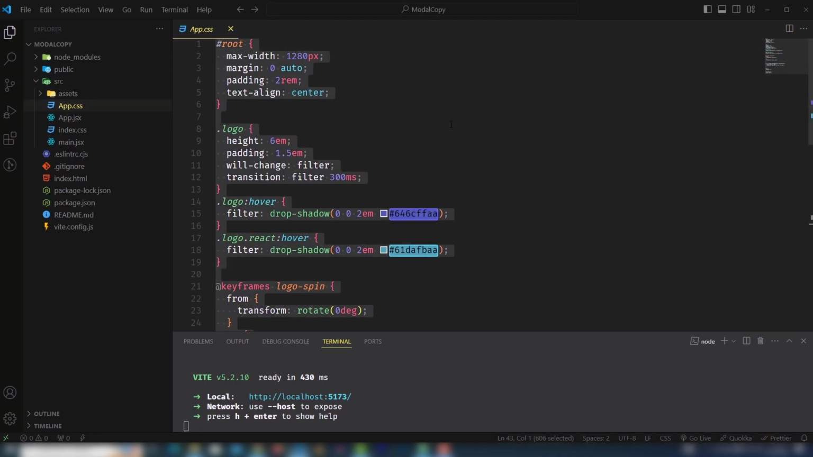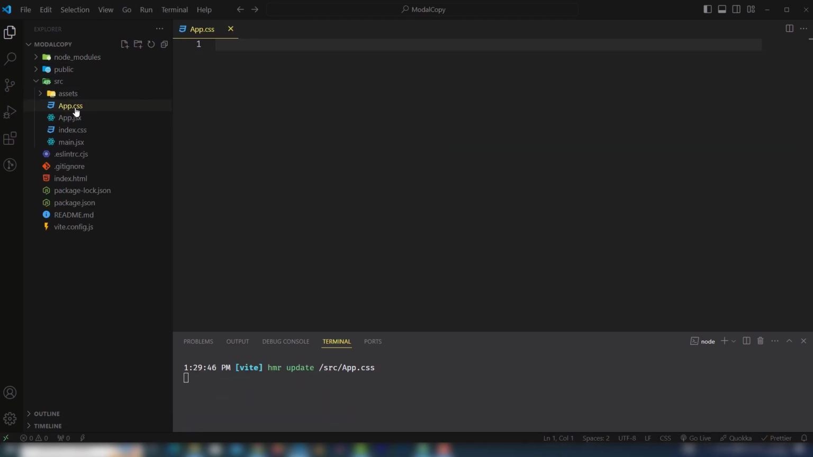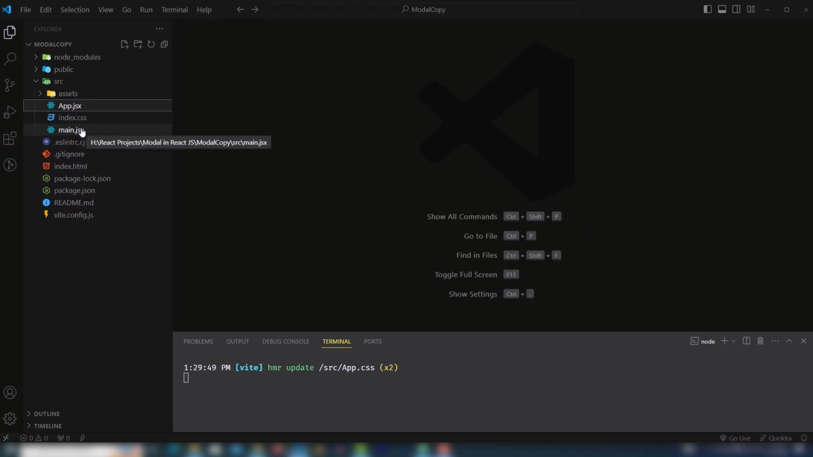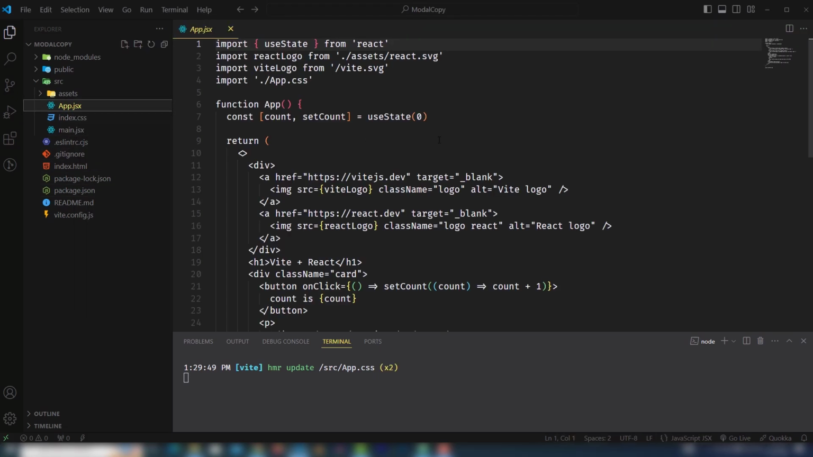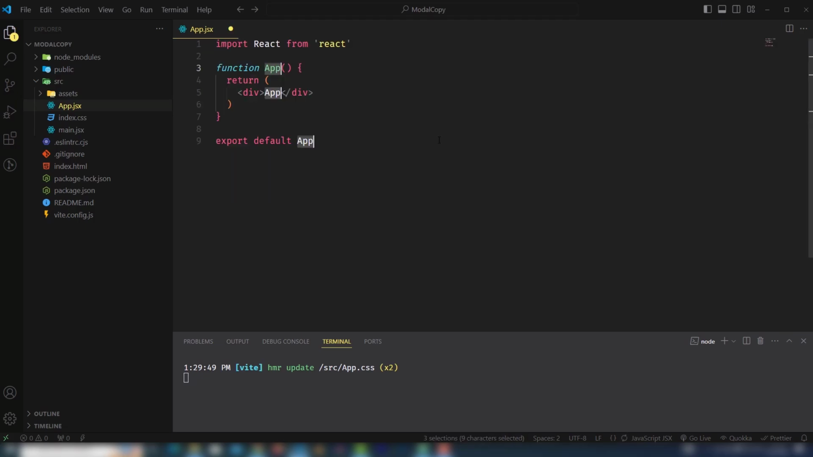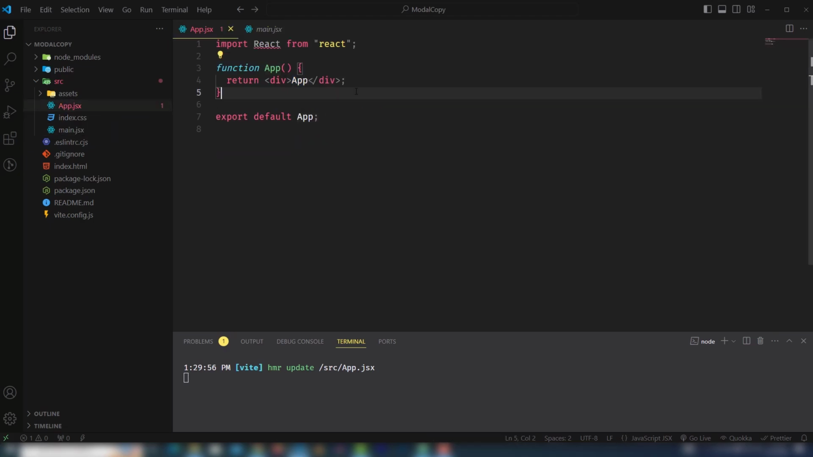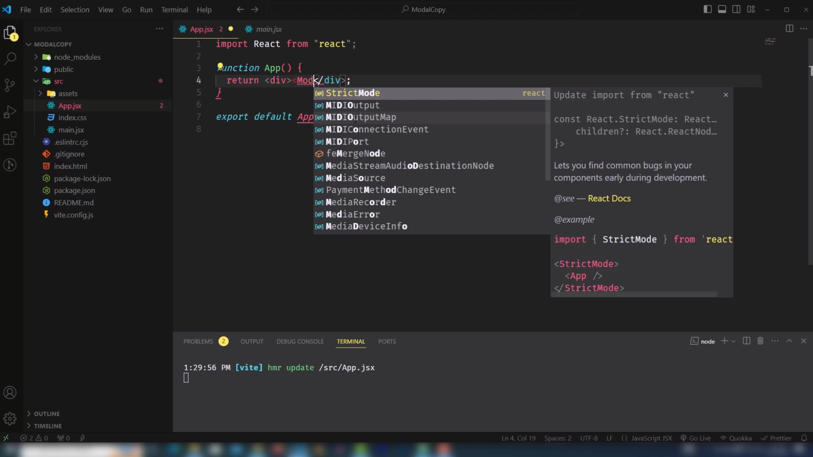So I need to remove the App.css file, I will delete it, I don't need that. And also I will reset the App.js file with rfce, right? And then what is the next thing I need to add? Inside that I will create a modal component,